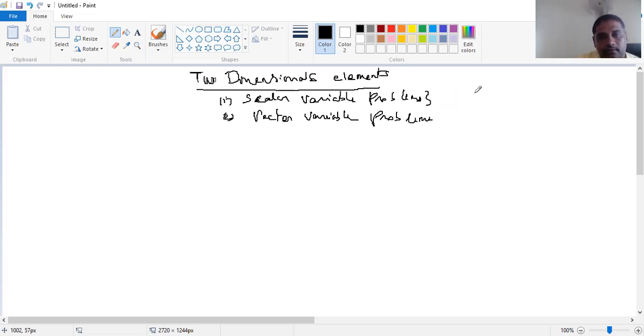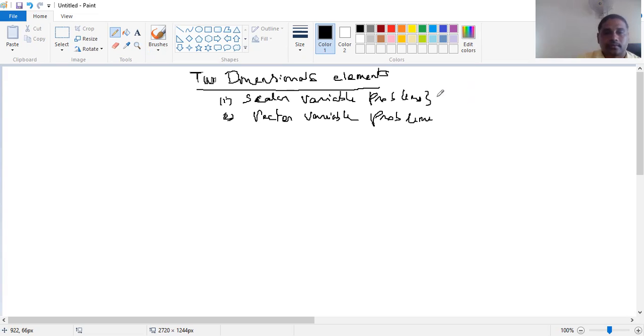Whereas in vector variable problems, as the name itself says, the primary unknown depends upon the direction, whether it is acting in the x direction or y direction. Depending upon the direction of force, or the direction of any external load, the primary unknown value will vary with respect to the dimensions. So here we are going to consider the dimensions in vector variable problems. In scalar variable problems, we are less bothered about the dimensions. So it will have only one particular value of